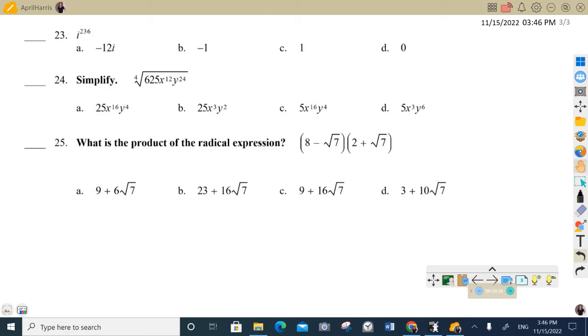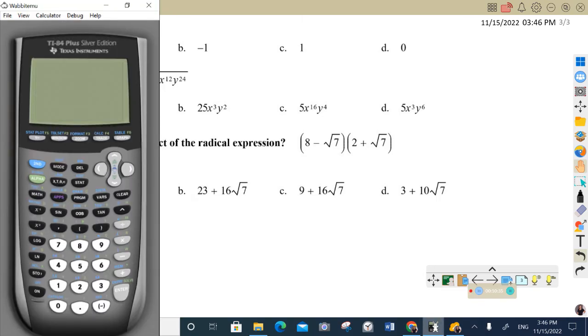Okay, last page. We got 3 more questions. I to the 236. There's a couple of ways you can do this. I'm going to show you the calculator way first. So if I bring up the calculator,